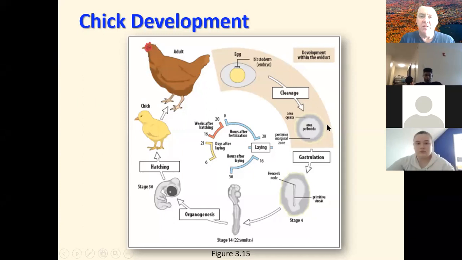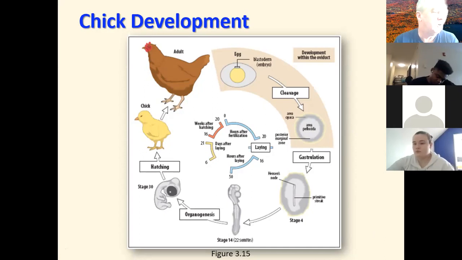Cleavage. We end up with this kind of disc thing with a clear area in the middle and an opaque area around the outside. And that will then gastrulate via the primitive streak and then neurulate back down that primitive streak. And we'll end up stopping after neurulation. I think that's about as far as we tend to go with these models in this class. So anyway,